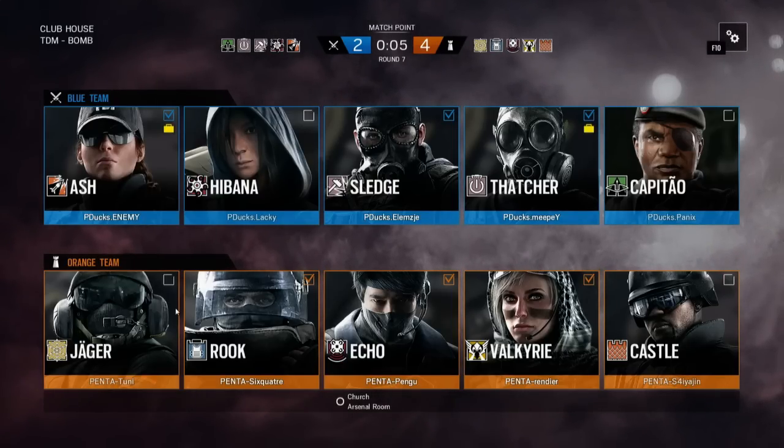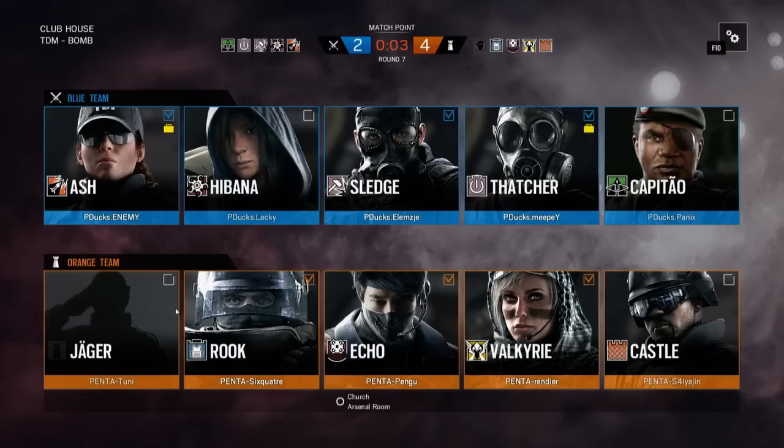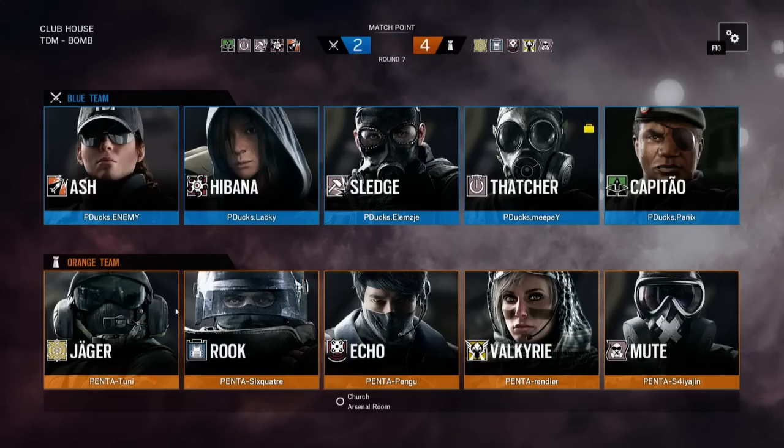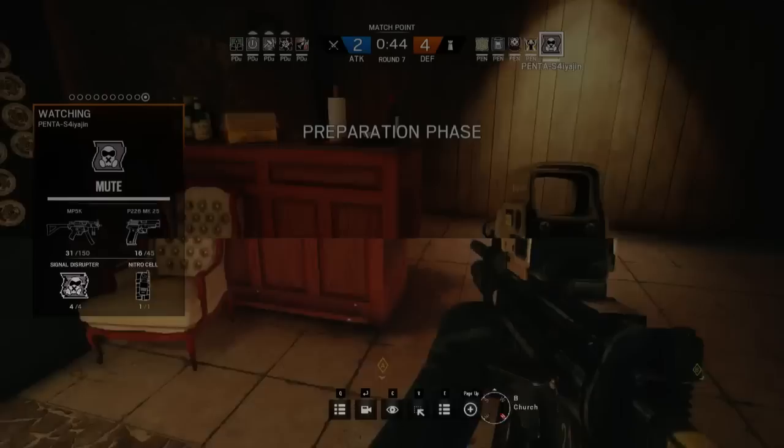Church and Arsenal room defense of their own. They, of course, did successfully hold the bar upstairs and can now go back down. Now, we've seen Echo chosen on Penta's side every time, but I haven't really seen him be overly useful, especially with the yokai. Well, we saw